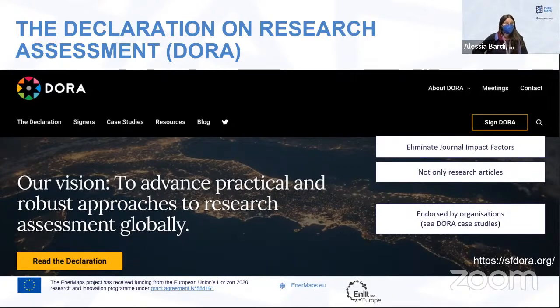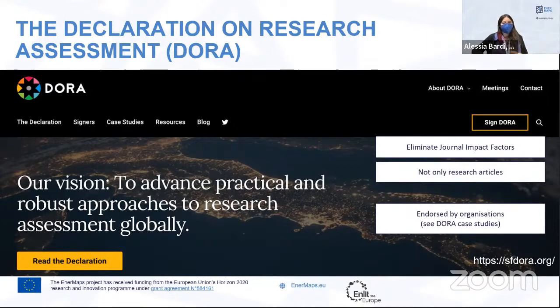So not only articles, but also data sets, software, protocols, standards, in order to have an omnicomprehensive view of the research outputs. DORA has been endorsed already by several organizations, and you can find a list on the DORA website. And in addition, funders have also embraced its principles.